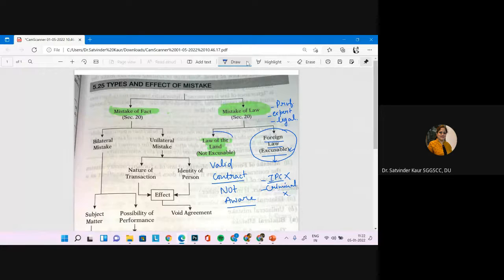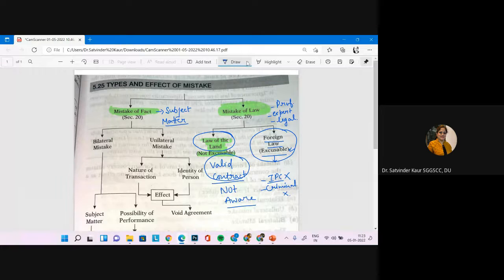But if we talk about the law of the land where you are residing and you make a mistake, you cannot excuse it on the ground of the mistake. So it will remain valid in that circumstance. But when we talk about mistake of fact, mistake of fact means कि जिस particular subject matter से related हम कॉन्ट्रैक्ट कर रहे हैं, तो उस सब्जेक्ट मैटर से रिलेटेड अगर आप कोई मिस्टेक करते हैं तो उस मिस्टेक को आपका जो अग्रीमेंट है वो वैलिडेट नहीं करेगा, कॉन्ट्रैक्ट नहीं बनेगा, लीगल ऑब्लिगेशन नहीं आएगी.